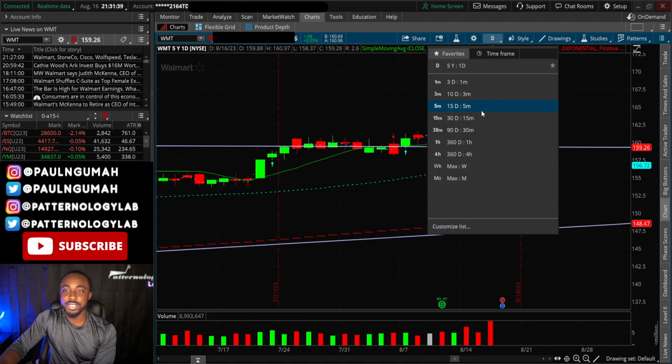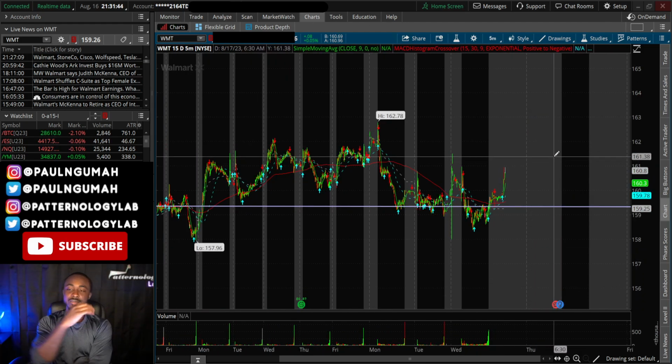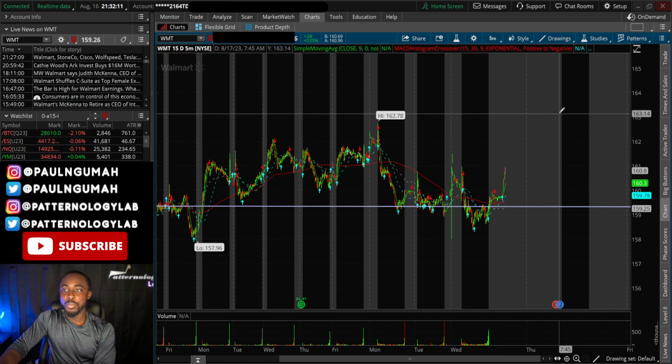So earnings on this one is actually tomorrow morning. So watch this one for sure. If the reaction is good and it opens up above 163.5 or 164, there could be some good price action on there to the long side or to the short side. Again, we could see something like Target where we just see an all-day fader, right? Or it could actually show some strength, open up above